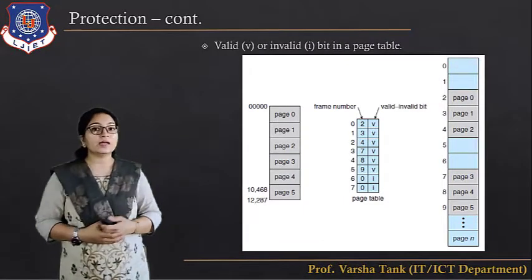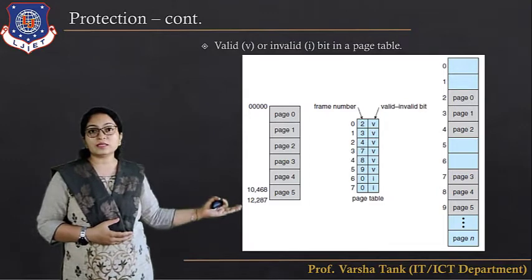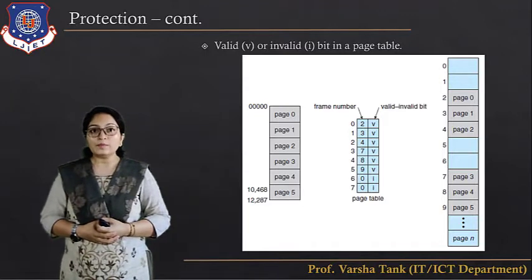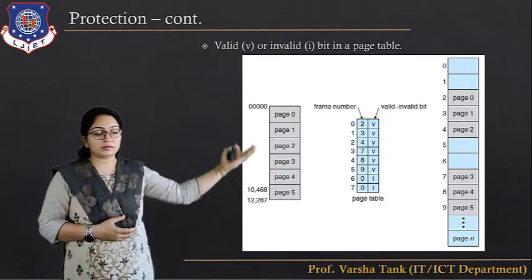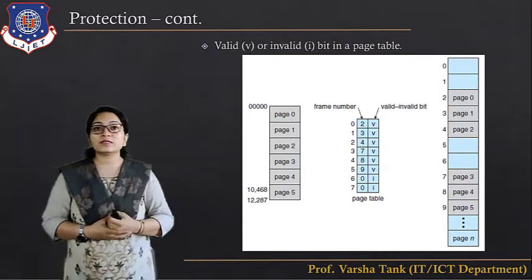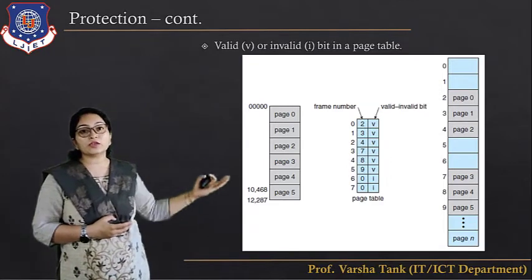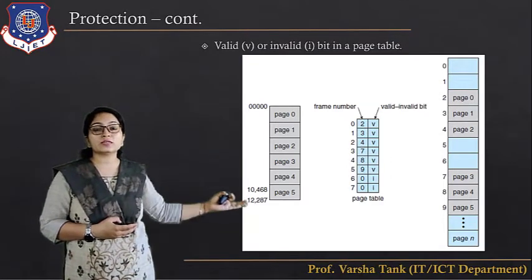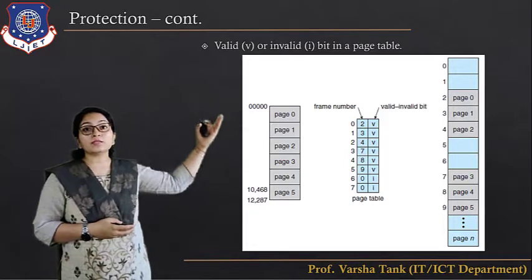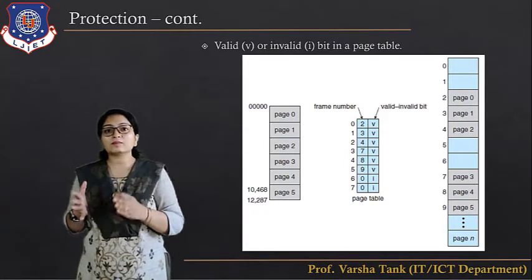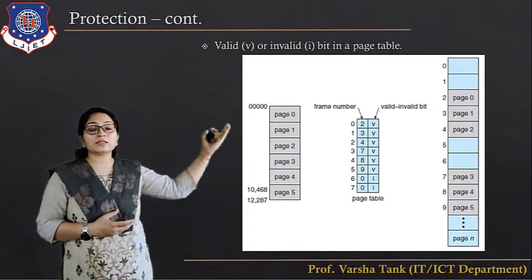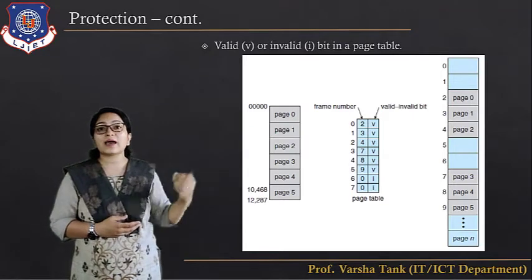Now this figure shows the pages. For this particular process there is a page table, and this table shows which pages are in memory. Here page number 0 to page number 5 are there. The page table is for 8 pages, so pages 0 to 5 are present, but 6 and 7 are not there, so that is why we have set their bit to i, meaning invalid. The frames that are set to valid are available right now in memory, so you can see pages 0 to 5 are in memory.